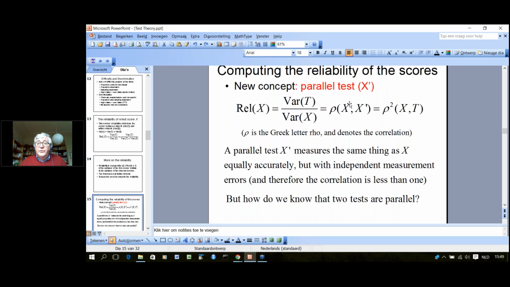So what we have to do to compute the reliability of the scores, in the history of test theory, one has introduced a new concept, and that's a parallel test. A parallel test, which we indicate by the same symbol x with an accent, x prime, measures the same thing as x equally accurately, but with independent measurement errors, and therefore the correlation between x and x prime is less than 1. And one has shown, and this is something that you have to show mathematically, that the reliability, the ratio of these two variances, equals the correlation rho. Rho is the Greek letter rho and denotes the correlation between the test scores x and the scores on a